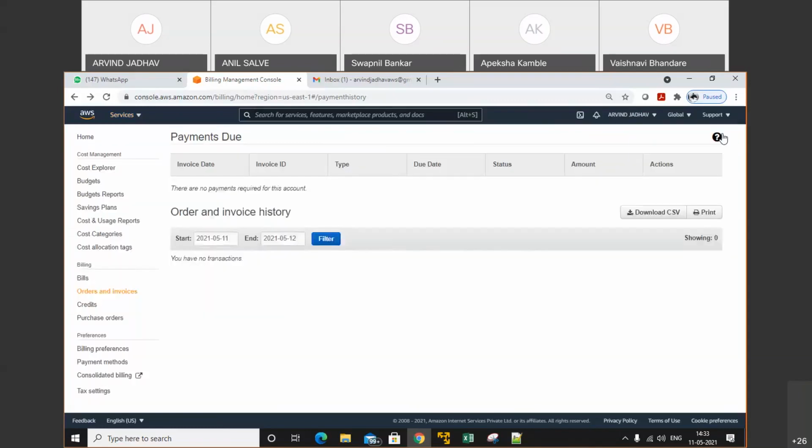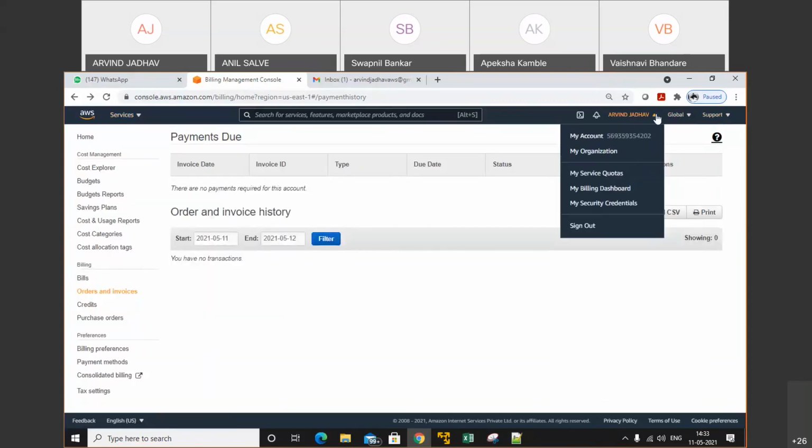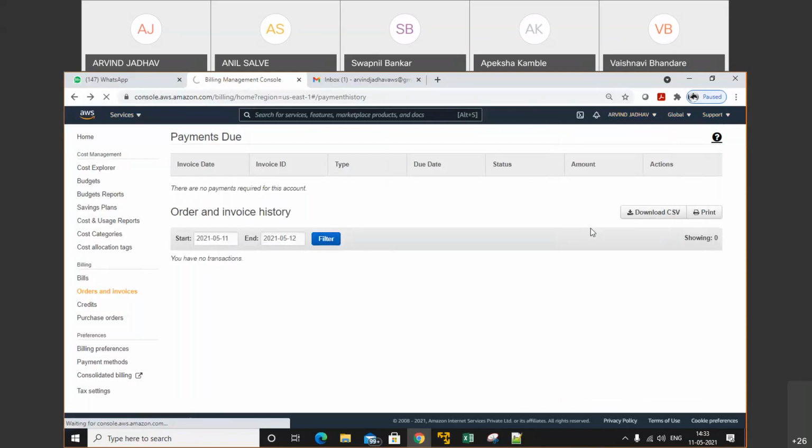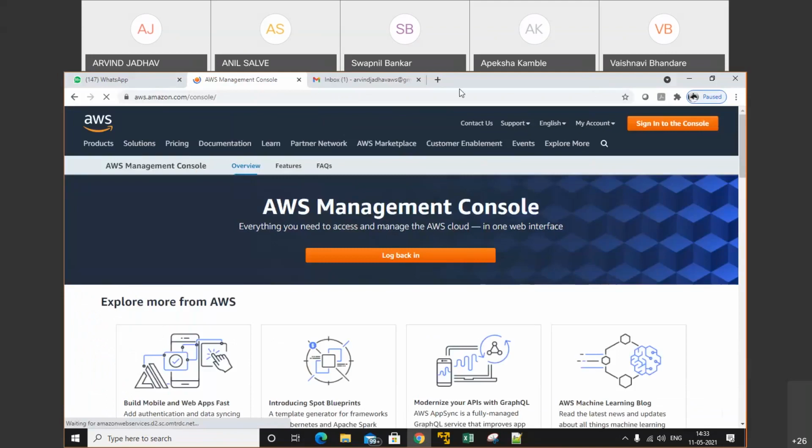So after successful login, you can log out from the system. Click on sign out. Okay, now wait for 48 hours and your account will be activated. Okay, so this is overall about today's session. So you need to create